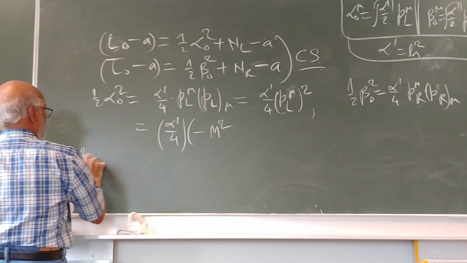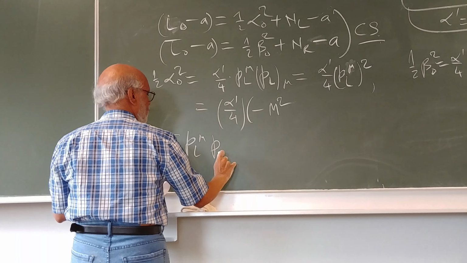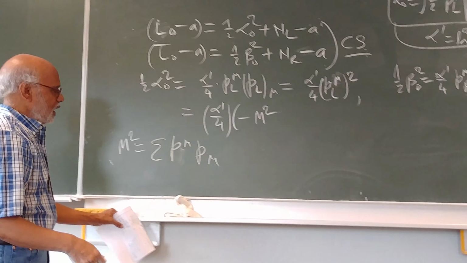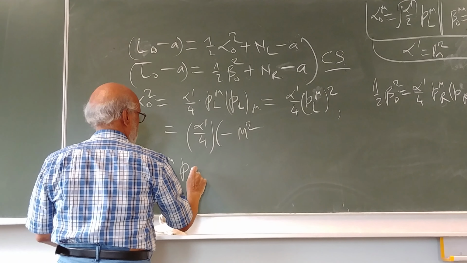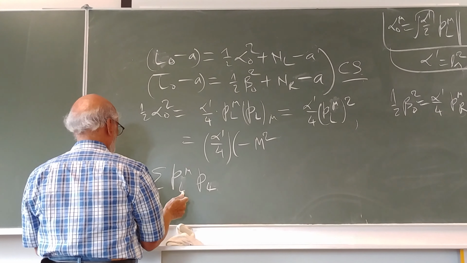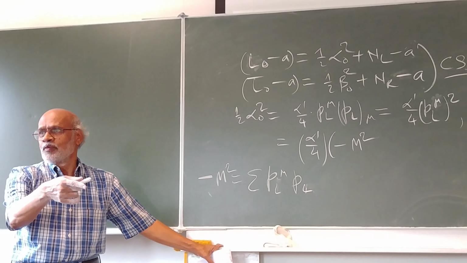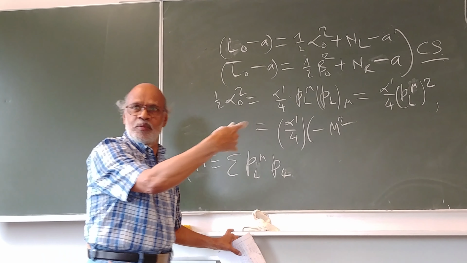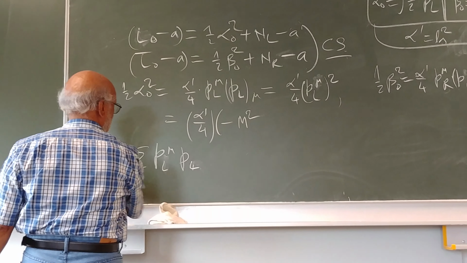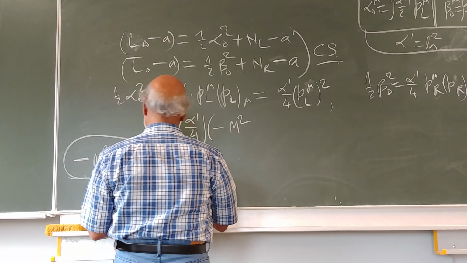So m square is PL mu of P mu in general, and for this you can say PL mu. It would be the same, also minus, because of our metric. We have a metric with the signature -1 +1 +1 +1, and so this is the mass shell condition there. And similarly this would be